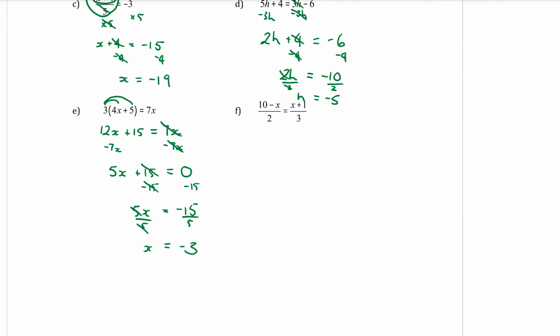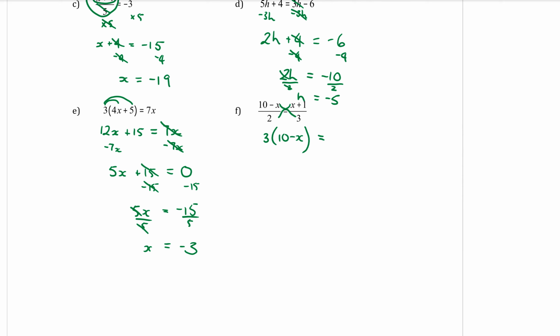Question F. A fraction on both sides of the equation. There are a couple of different strategies that you can use for this. As long as there is only one fraction on each side, you can use what's called the cross-multiplying method, which is when you multiply the top of the left-hand side with the bottom on the right-hand side. So that's going to be 3 multiplied with 10 minus x. That will be equal to, and you times diagonally the other way, which is why it's called the cross method,